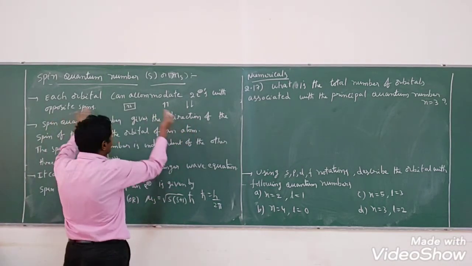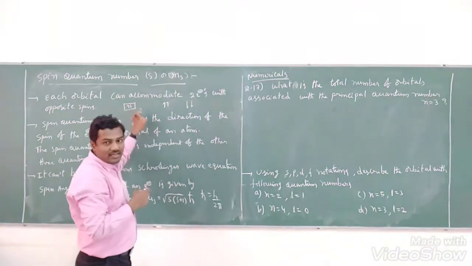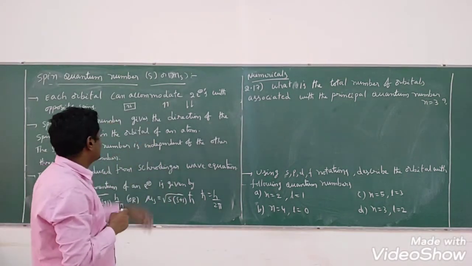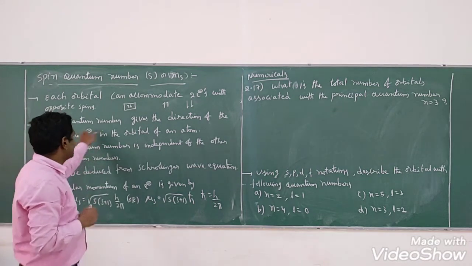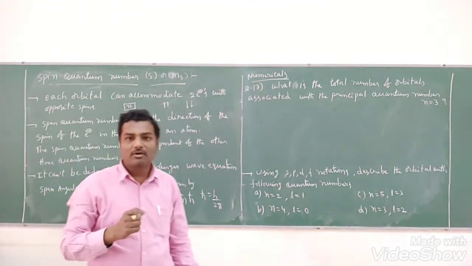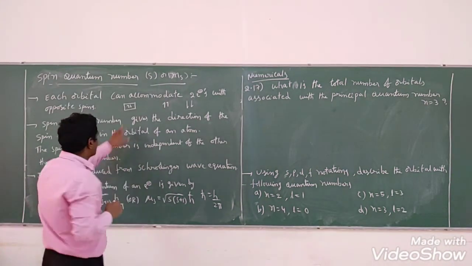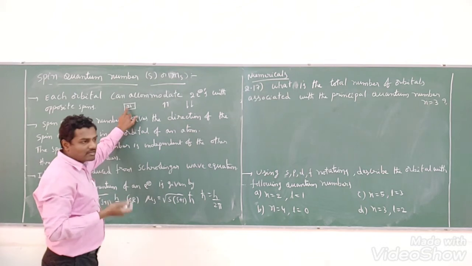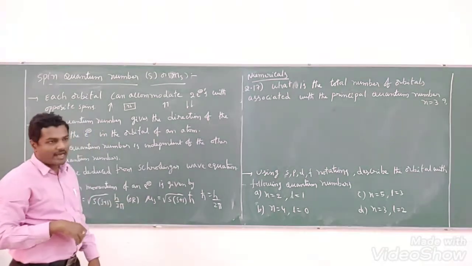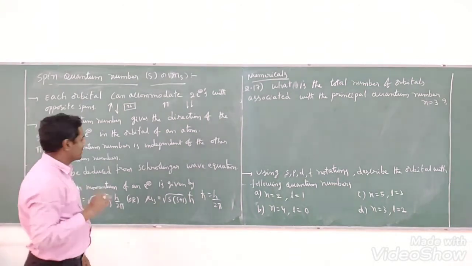While adding the 2 electrons, mutually understanding, they will exist in the orbital in opposite direction, right? So each orbital can accommodate 2 electrons in the opposite spins. So it gives the direction of the spin of the electron in the orbital of an atom. It gives the information about the spinning of an electron in the orbital in an atom, right, students? Spinning of an electron means whether it is there in the clockwise direction or in anti-clockwise direction. Clockwise direction spin will be represented with the upward arrow generally. Anti-clockwise direction we represent with the downward arrow. Generally, I am writing here, right?